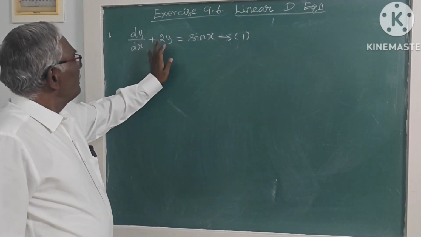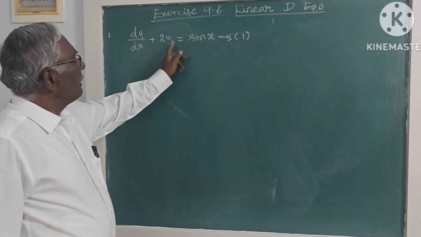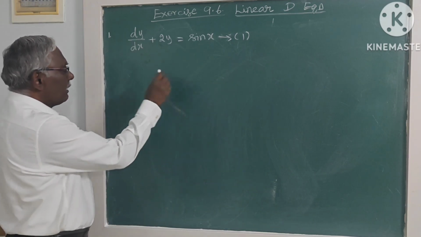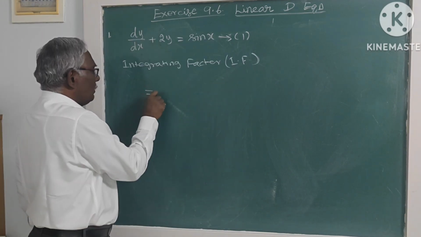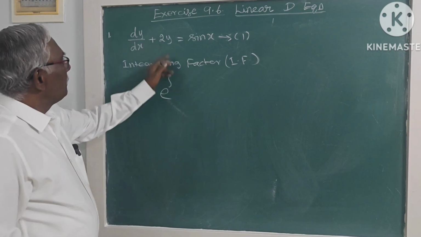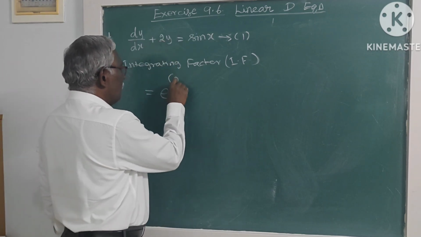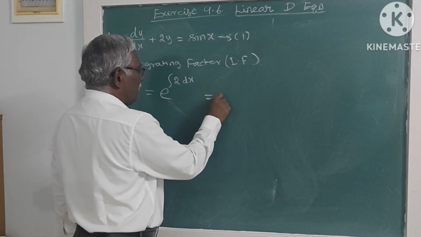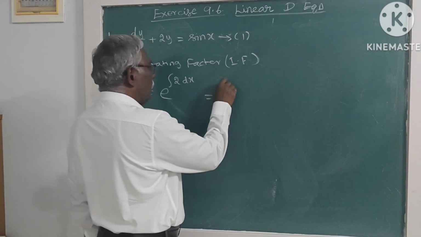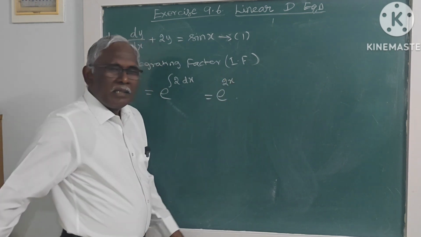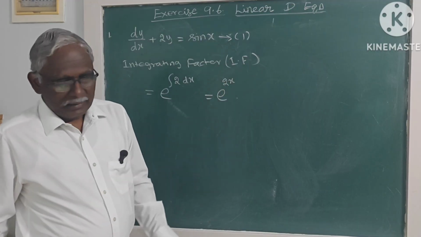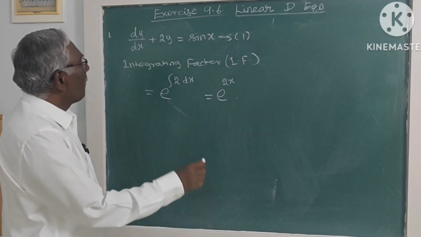On comparing this with dy by dx plus py is equal to q, we will find the value of p is 2. So what is integrating factor now? It's equal to e power integral p dx. P is 2 here, so 2 dx. This is equal to e power integral 2 dx is 2x only. Here we need not write the constant. So multiply the equation 1 by e power 2x, that is integrating factor, we get